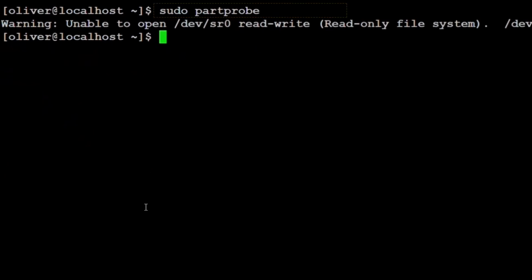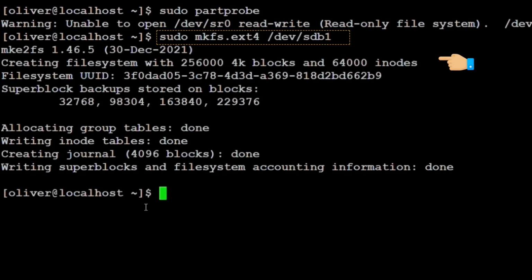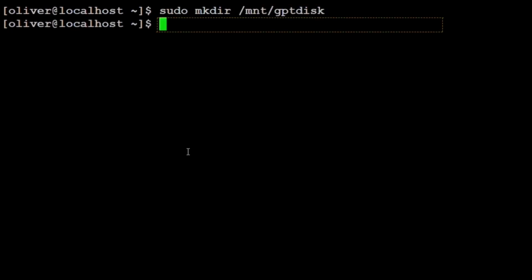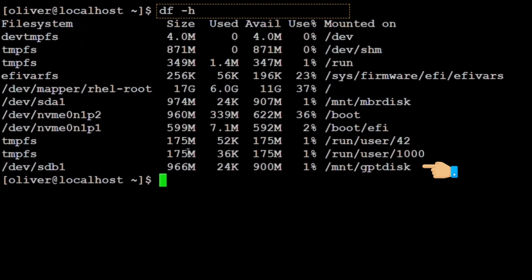Then I format the new partition using sudo mkfs.ext4 /dev/sdb1. The file system is successfully created. I create a mount point using sudo mkdir /mnt/gpt disk. Then I mount it using sudo mount /dev/sdb1 /mnt/gpt disk. I confirm the mount by typing df -h, and I can see /dev/sdb1 is mounted on